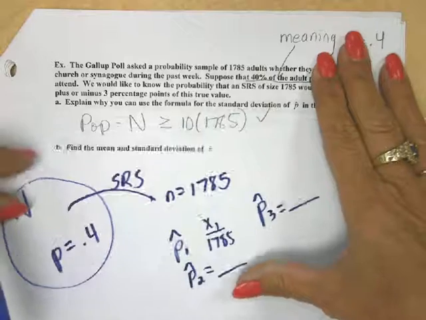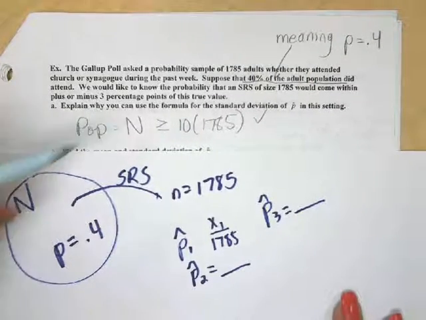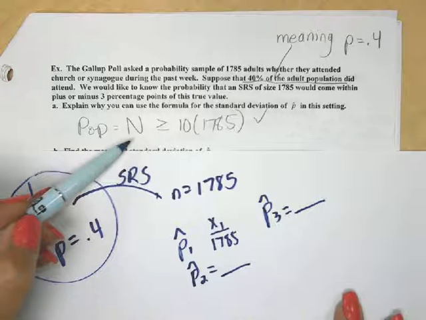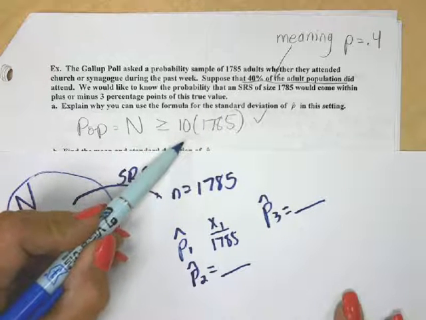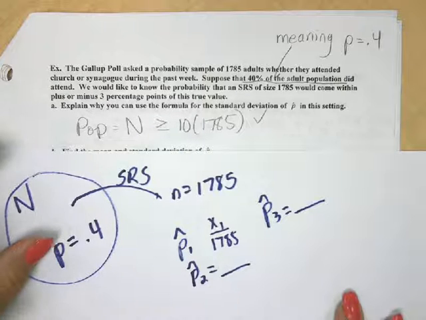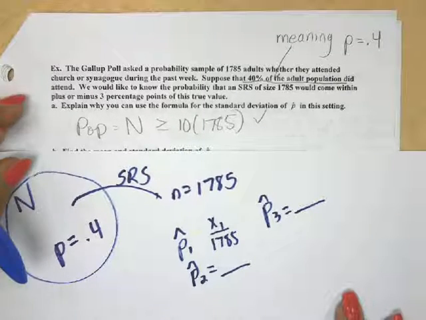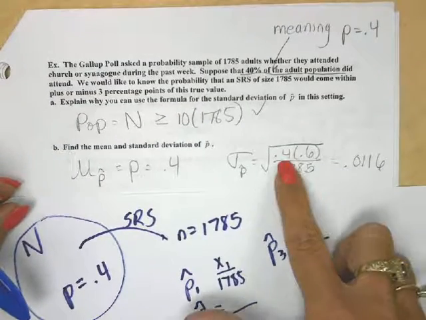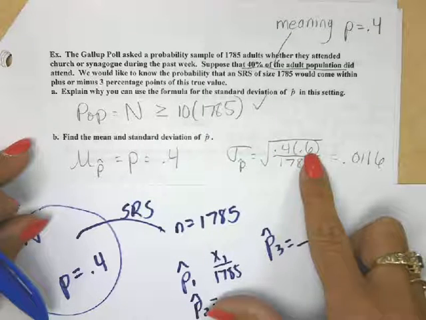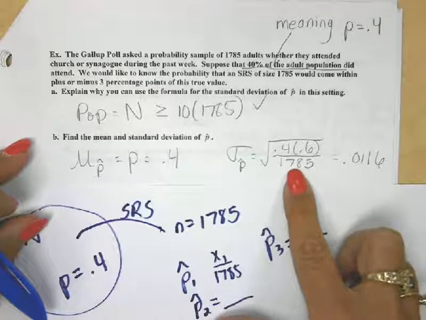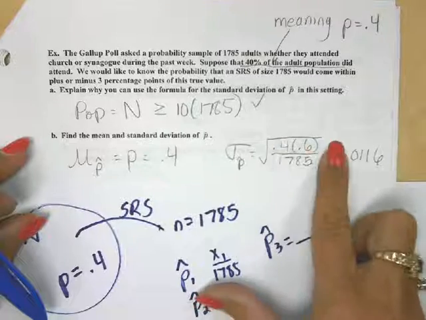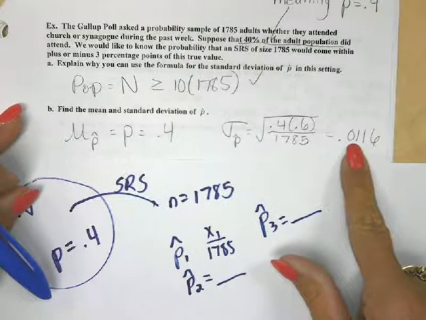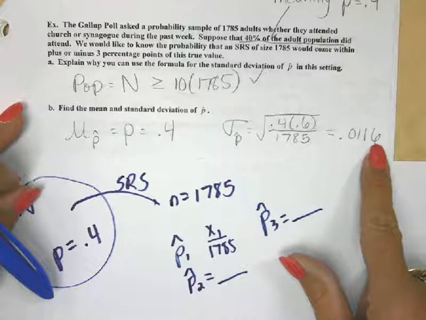And I can. Why? Because my population, which I don't know the exact number of, but I know the population of people in the United States is going to be greater than or equal to 17,850 people. So I can appropriately use that standard deviation formula. In fact, what is that standard deviation formula? We take p times 1 minus p divided by the sample size, square rooted. So I anticipate that these proportions are going to have a standard deviation of 0.0116, or about 1%,